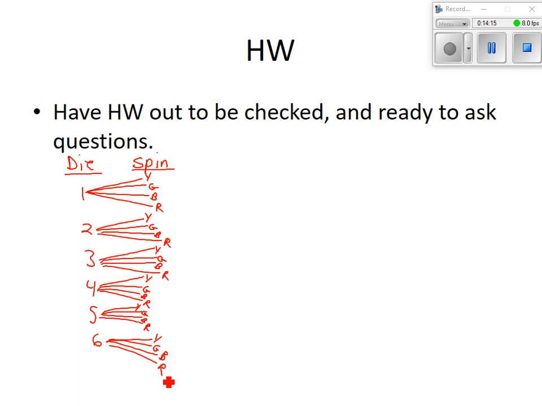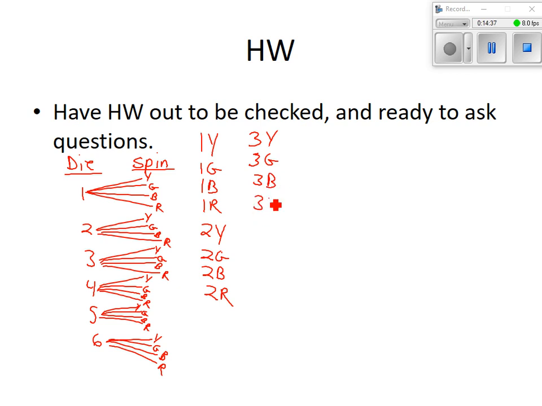If I listed all these, I could get 1 yellow, 1 green, 1 blue, 1 red, 2 yellow, 2 green, 2 blue, 2 red,